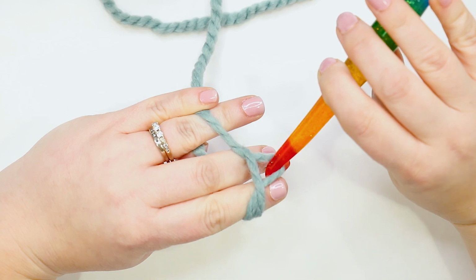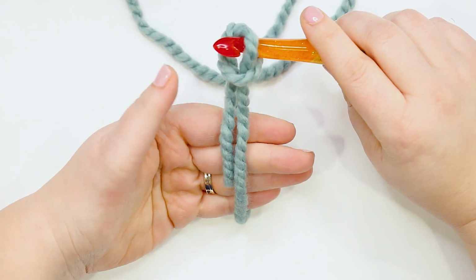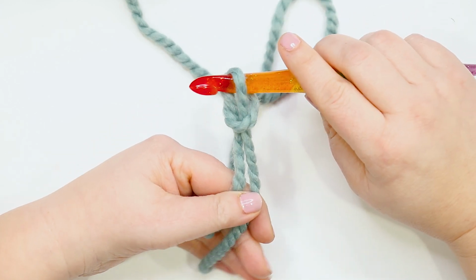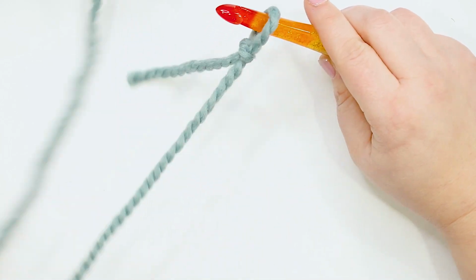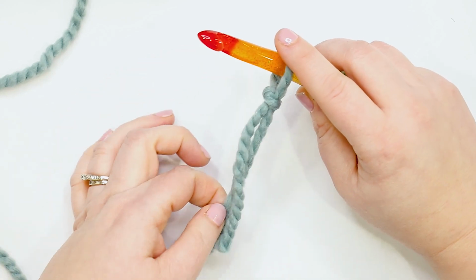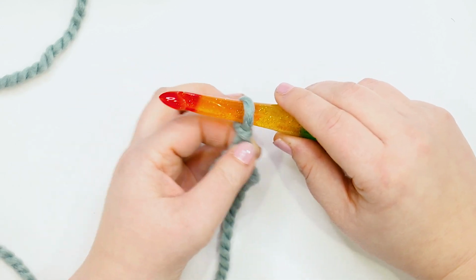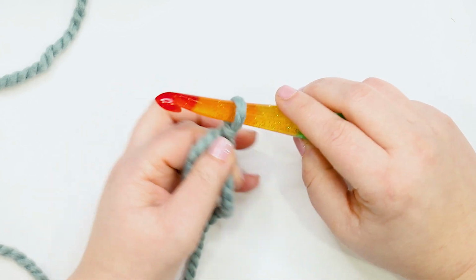Now, while I'm pulling with my hook, I can slip my fingers out and grab hold of both ends of the yarn, the tail and the working end, and then pull down on the tails and up on the hook, and that tightens my slip knot. Now it's too loose for me to work on right now, so what I'm going to do is grab the working end of the yarn and give that a little tug so it is up close to the hook. We don't want it to be too tight that it doesn't move, so if it moves freely like this,